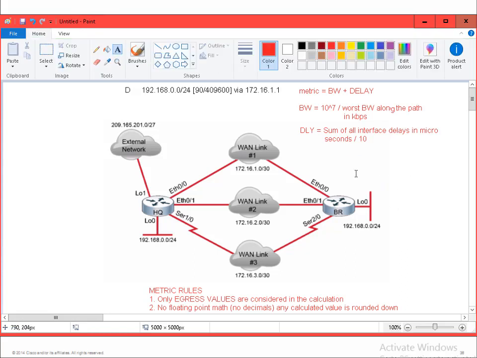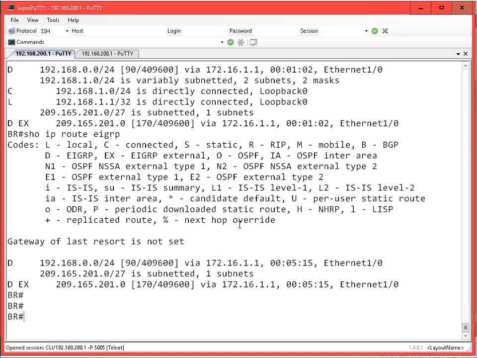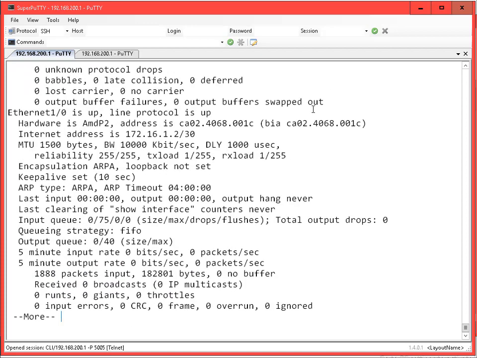So we need to take a look at the egress interfaces, and in this particular case, those egress interfaces are here and here. The loopback interface still counts as an egress interface. So those are the 2 points along the path that are going to affect the metric that we have to calculate. All right. So let me go ahead and back this up, and I'm going to get these numbers from a very simple command, show interface. The show interface output includes